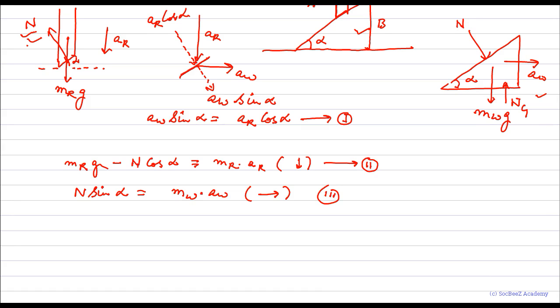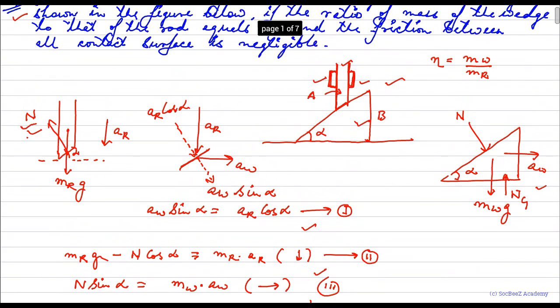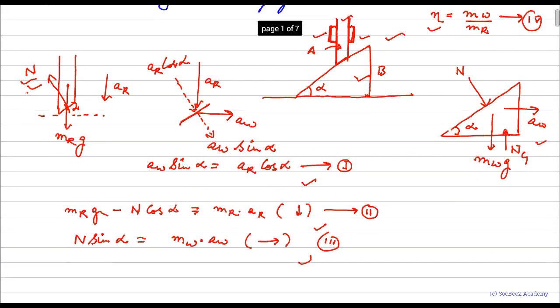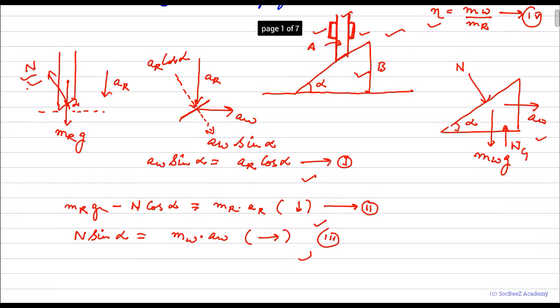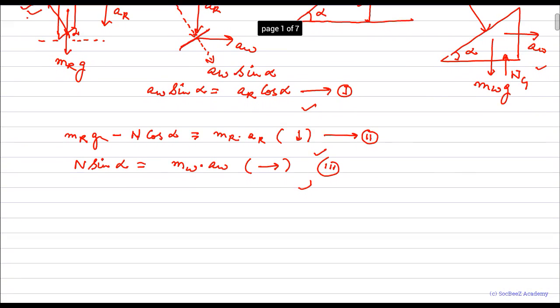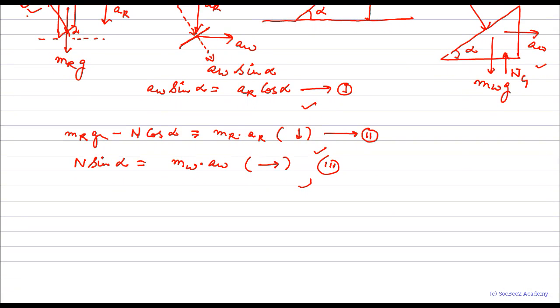Okay, so in this problem I have got three equations, and I've got four unknowns. Actually my fourth equation is this. So I've effectively got four equations and four unknowns. This has been given to me in the problem. Fine. So I can basically replace m_w by m_r as eta in my answer. So I've got four equations, four unknowns. I can get my values of a_r and a_w. So on solving, I'll get